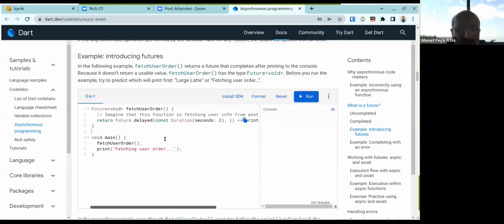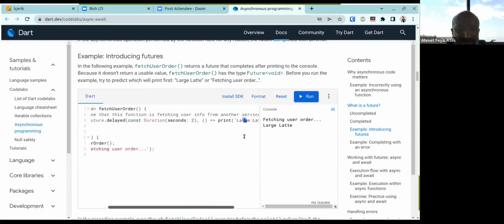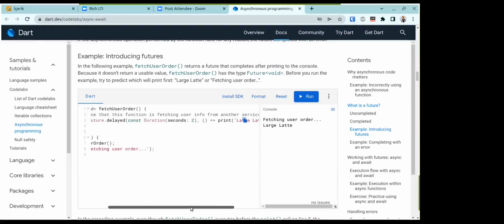Let's execute our code. Fetching user order. After 2 seconds, large latte.